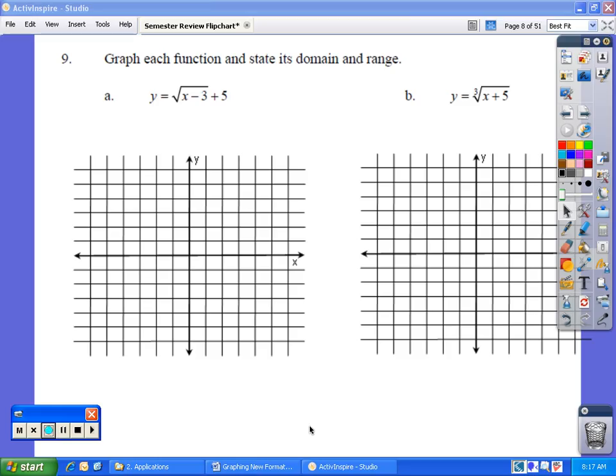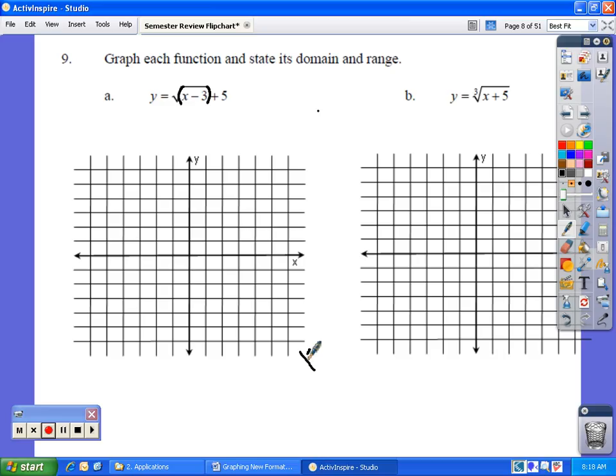Alright, the next question states graph each function and state its domain and range. So these are radical graphs, so you can put everything into your calculator. Just make sure that when you put this in your calculator that you have parentheses around the x minus 3 and around the x minus 3. So when you put this in your calculator,